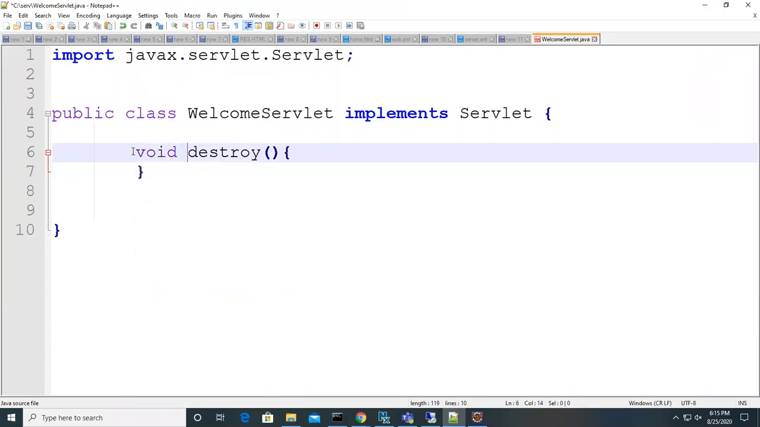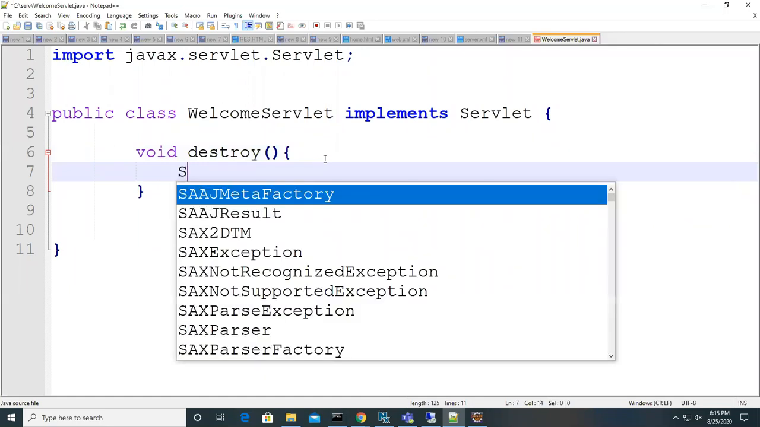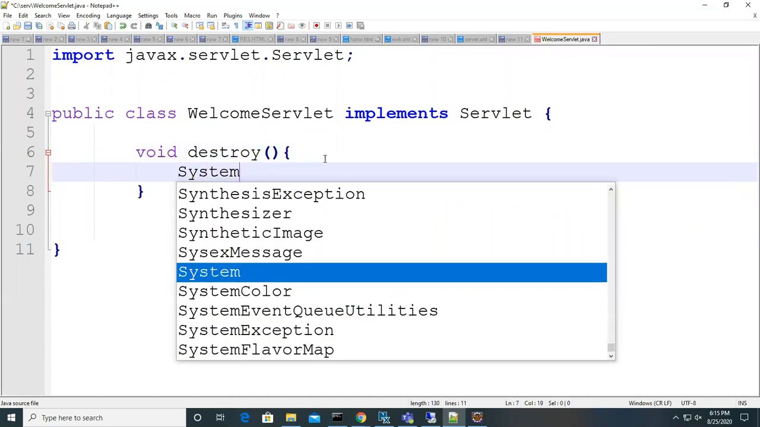Okay, what is the return type here? Void. Okay, I just implemented it. I did not provide any logic here. I just give some